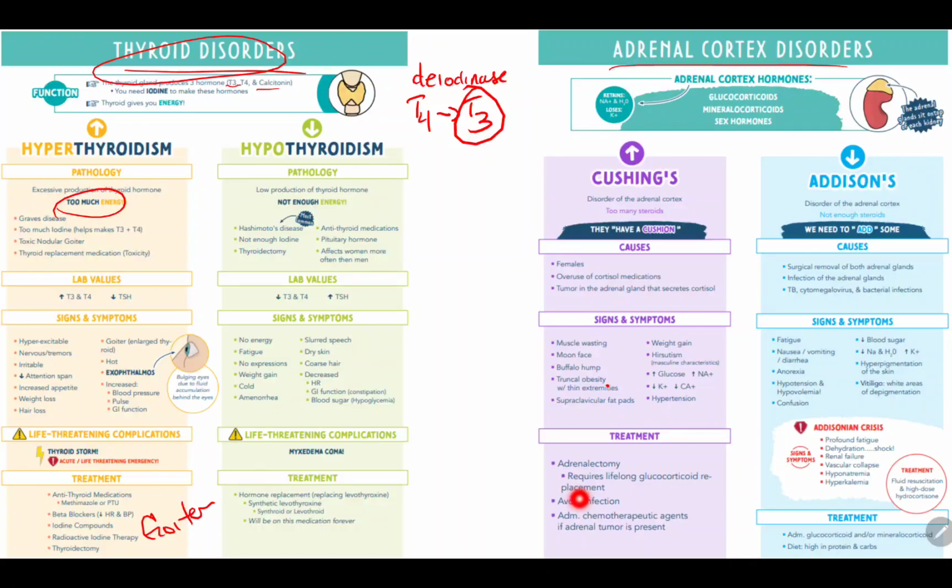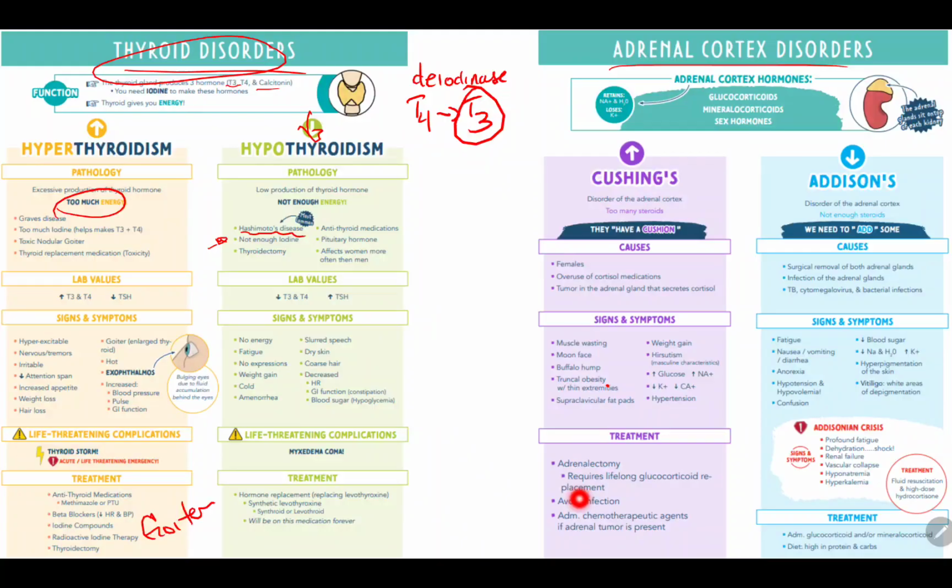And now looking at hypothyroidism, too little T3 and T4 being made, and that's Hashimoto's disease. That can mainly be due to not having a lot of thyroid, or not having enough iodine, or not having any iodine in your diet, really. And